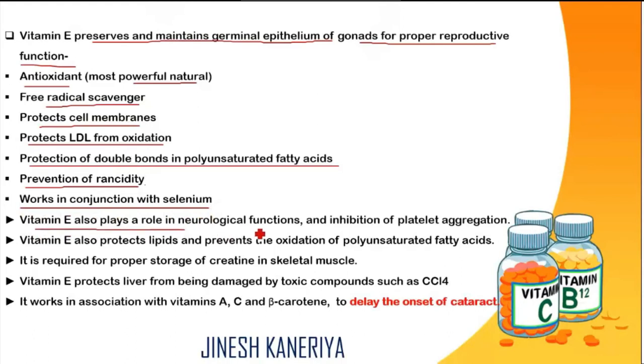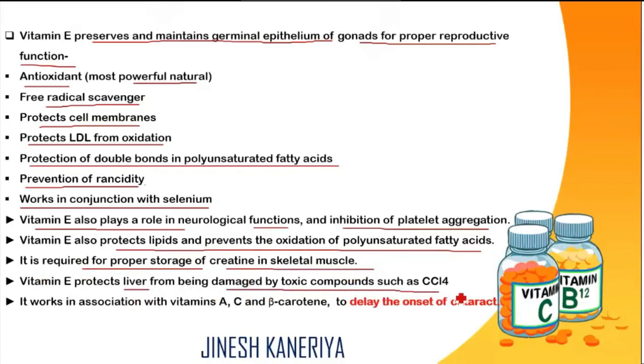Vitamin E also plays a role in neurological function, or the nervous system, and in the inhibition of platelet aggregation. It also protects lipids and prevents oxidation of polyunsaturated fatty acids, which are among the most important components in our body. It is required for the proper storage of certain skeletal muscles, and it protects the liver from damage by any toxic compound such as